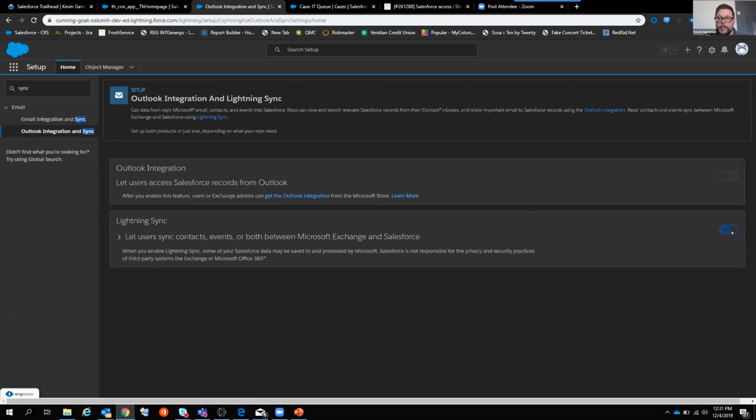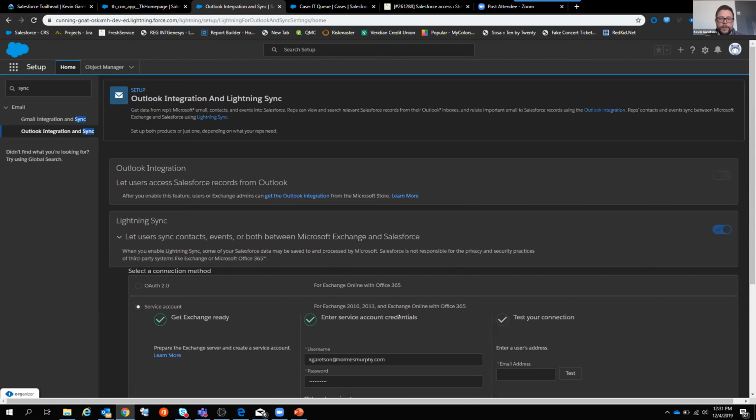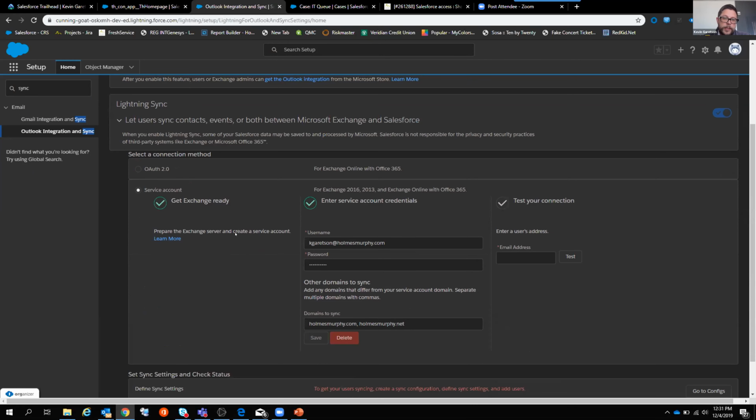So you would enable this. I have it enabled right now. You can see that I've already entered some credentials. So basically, you have to enter a username and password. Now you can do connections through OAuth authentication, or you can do them as a service account. I went down the path of a service account,